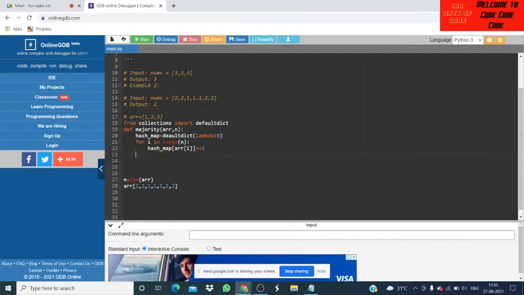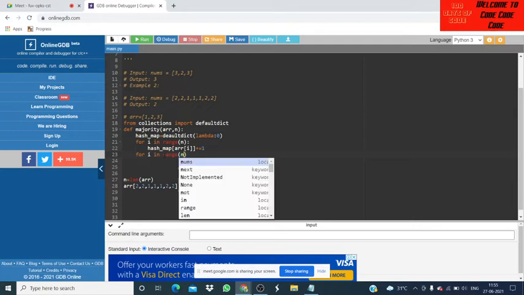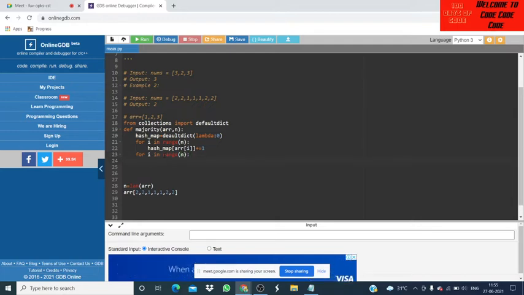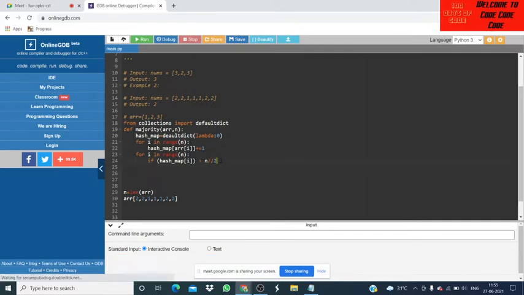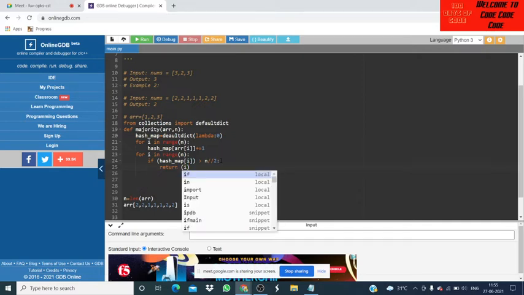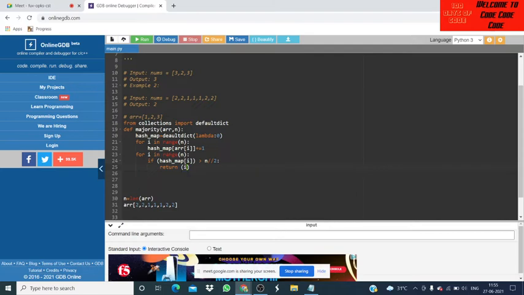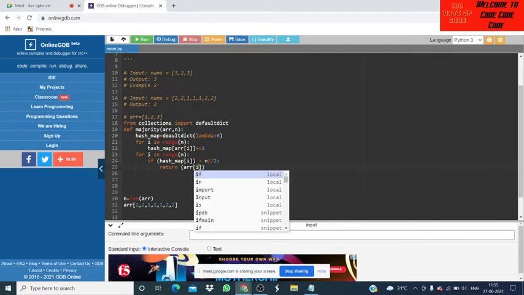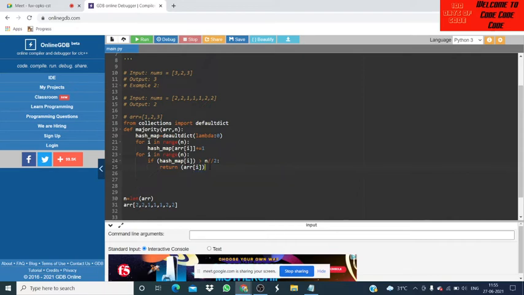So we will again run a loop and check, using float division in Python. Then we will return array of I. And if it is not, we will return -1.